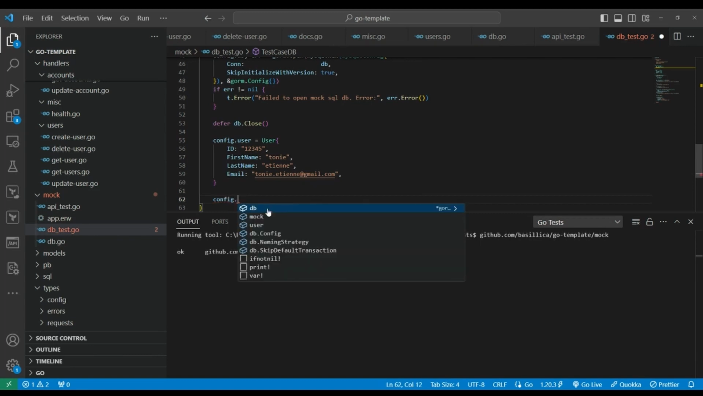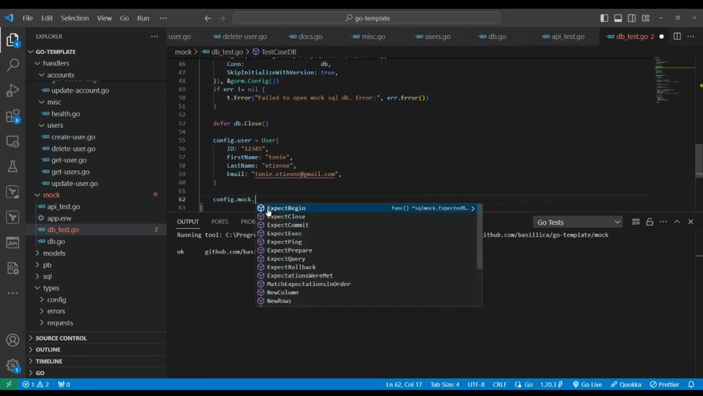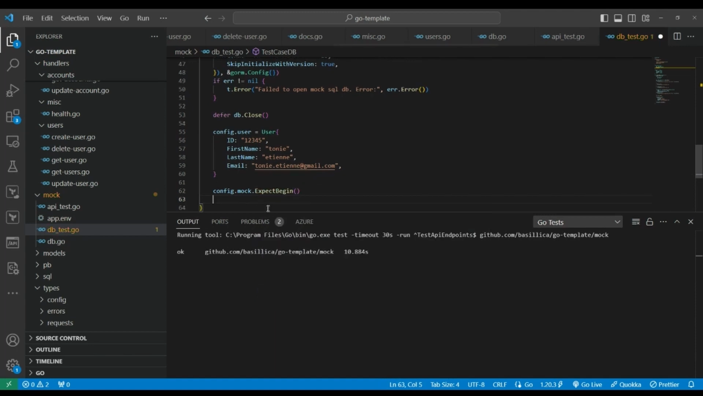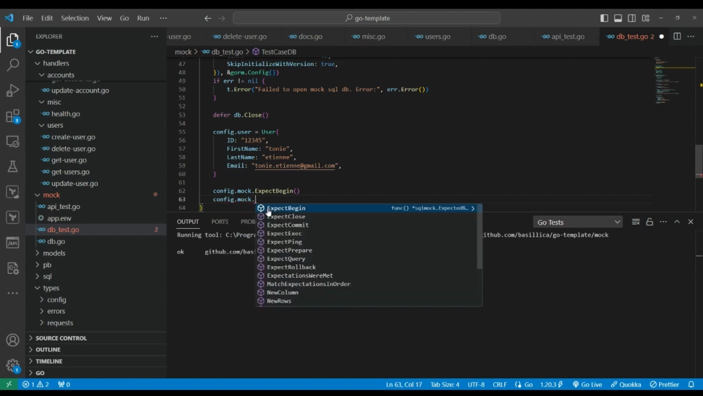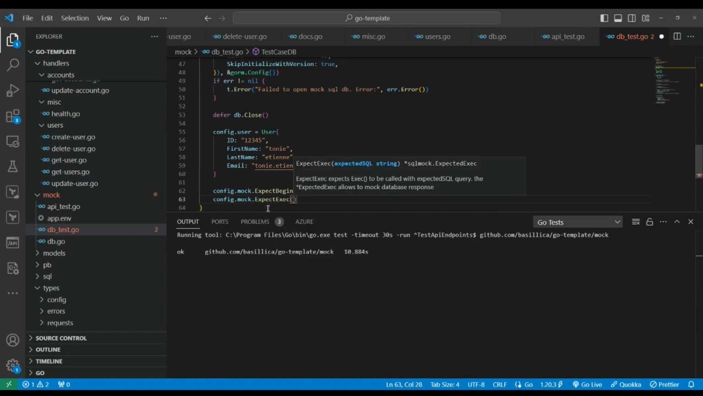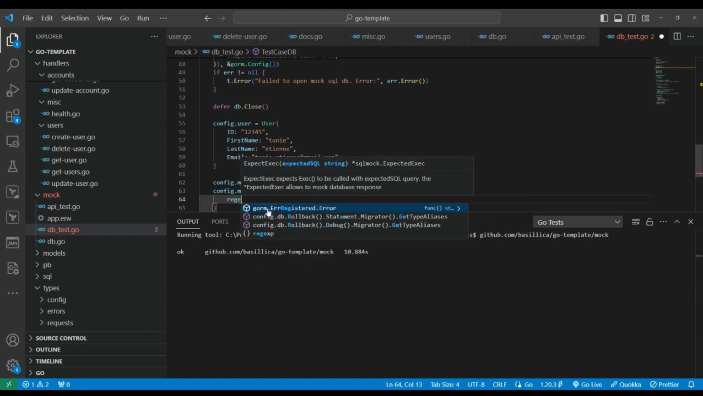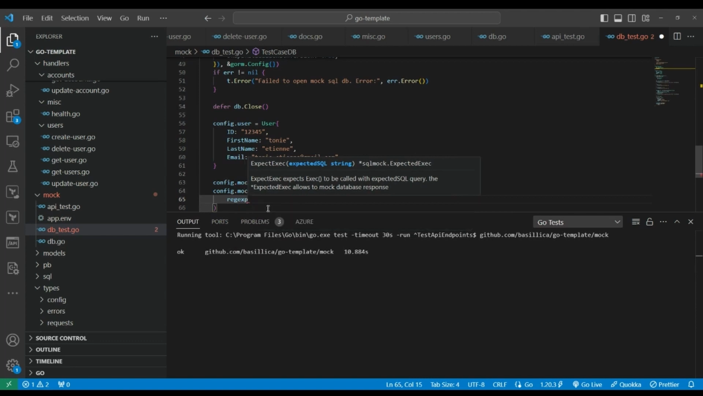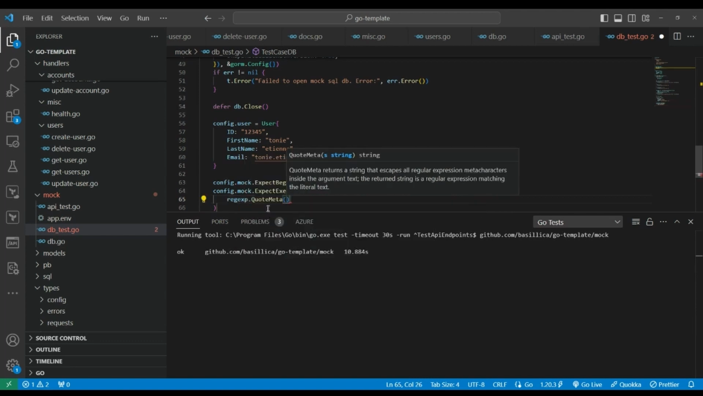config.mock.ExpectBegin. Then I expect exec, and of course I can use my regex again, QuoteMeta, and then I expect this query: insert into, I'll call this users,